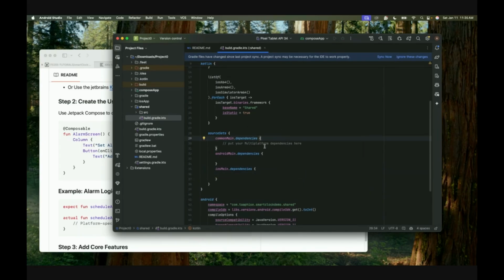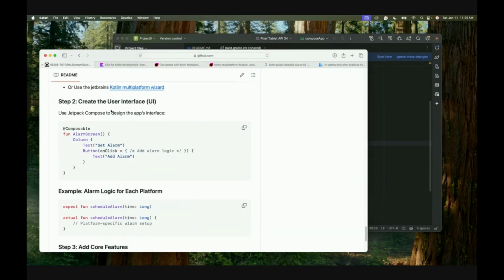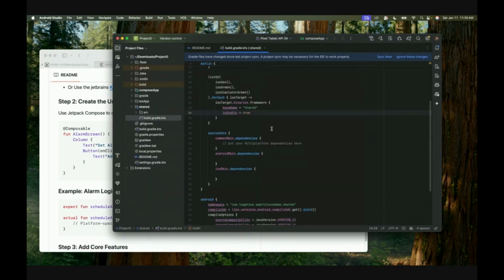All right, we won't need that because this is just a smart clock, so we won't need much feature-based or platform-based dependencies. Now Jetpack Compose to design the app. All right, so before we get there,